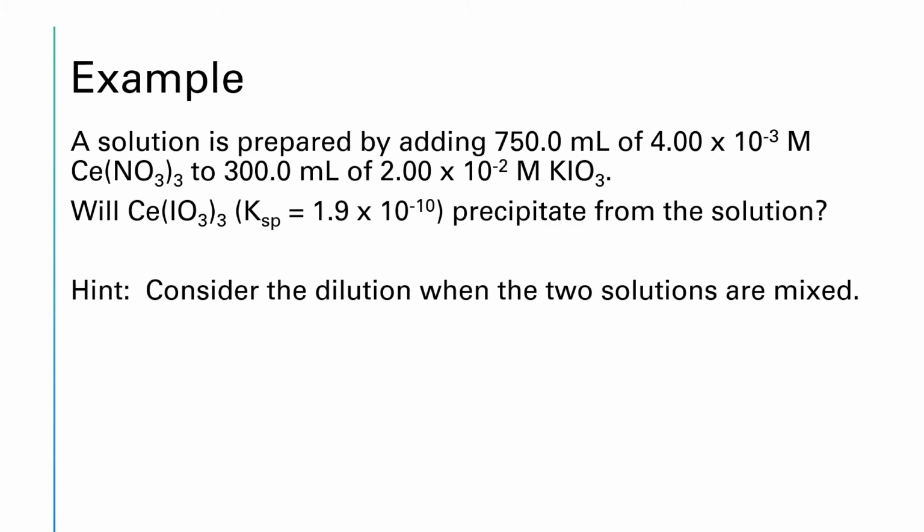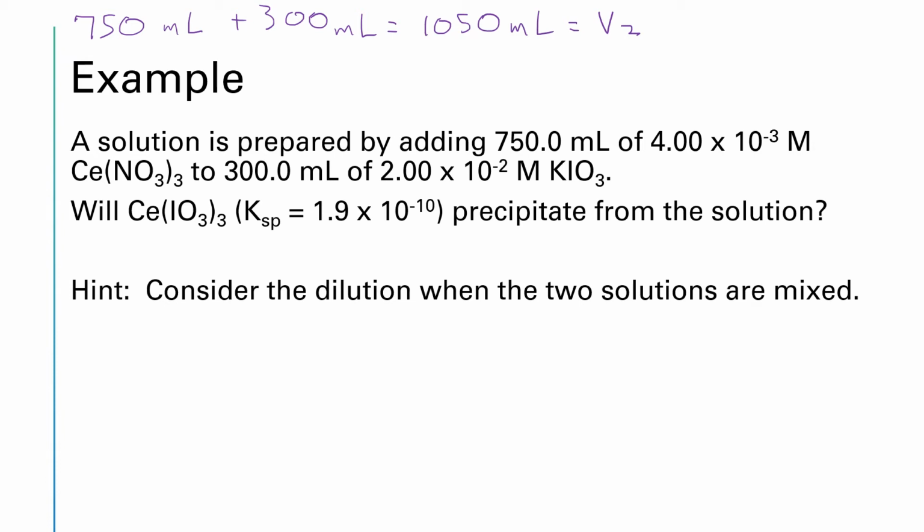So for instance, in this case, we are adding 750 milliliters of one solution to 300 milliliters of the other solution. So our total volume will be 1050 milliliters. And in our dilution calculation, that'll be our V2. So as an example, to figure out our